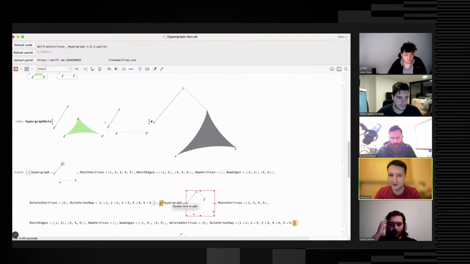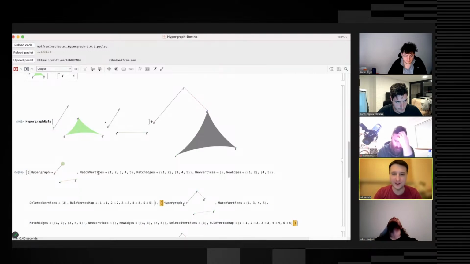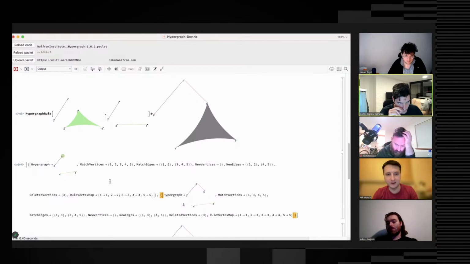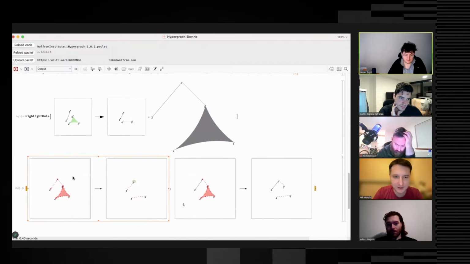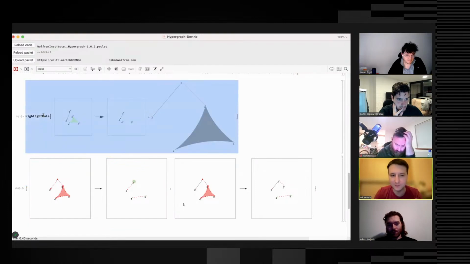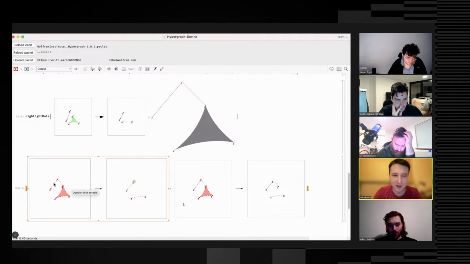And in the second match, two vertices of the rule match to the same one. So there are two situations that can happen. We can inspect this a little bit more. I think I have a function that highlights what actually gets mapped. Maybe it's a bit more clear. Again, these two situations. Here the matched edges are this one, and this is the output hypergraph.